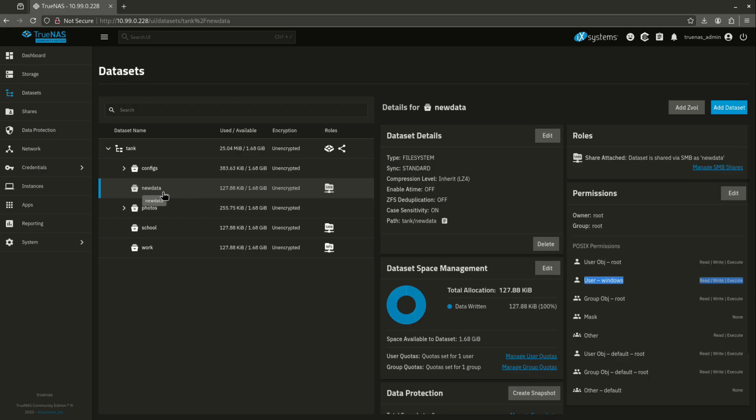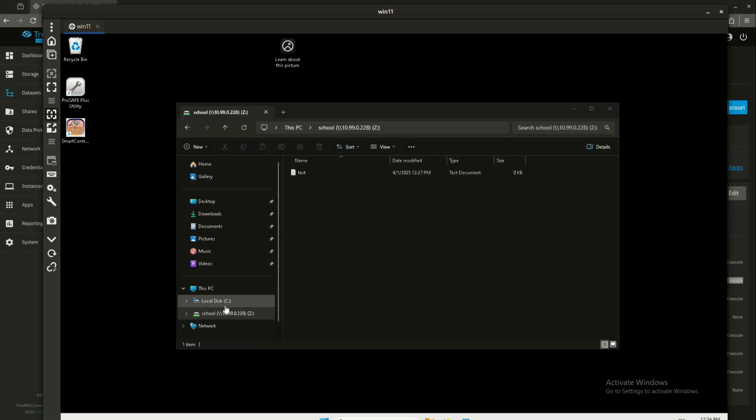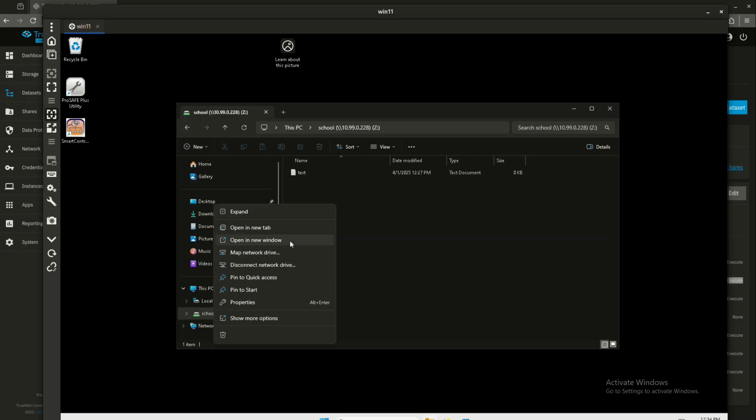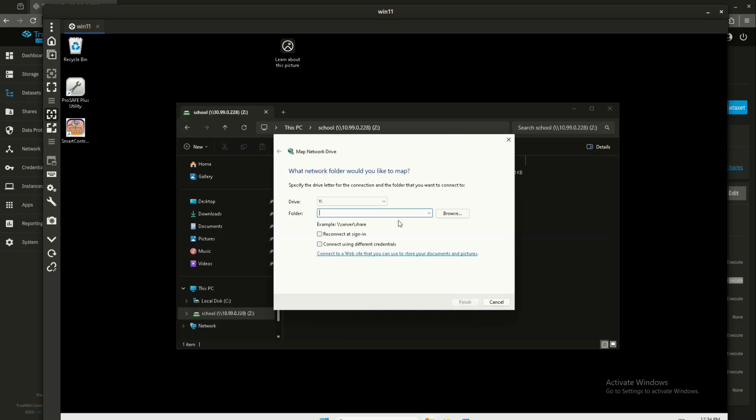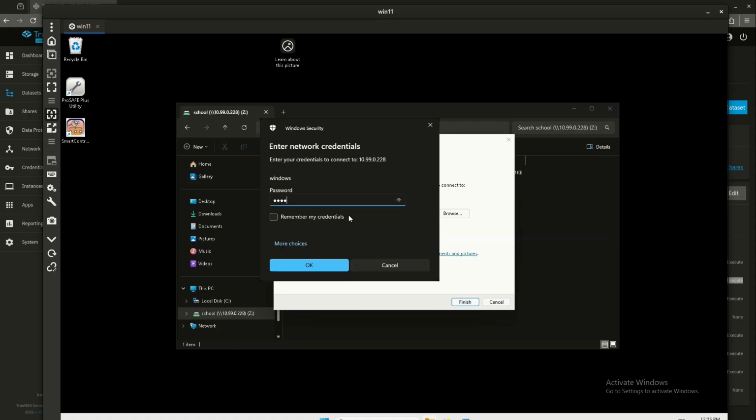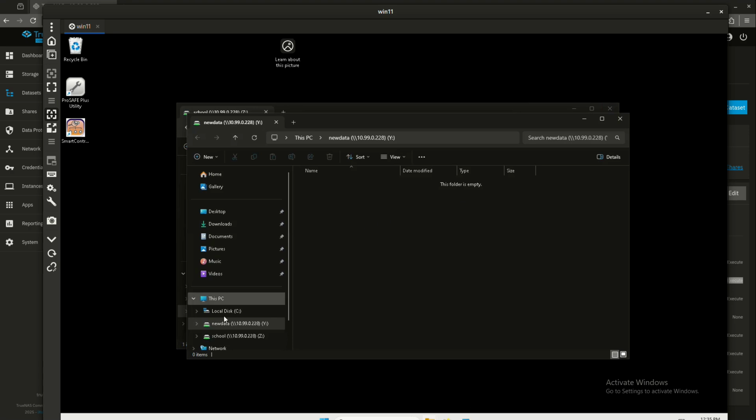So now let's come over here and launch new data into my Windows machine. I'm going to go ahead and map a new network drive. This is \\10.99.0.228, and it is called new data, just like that. I'm going to connect using different credentials, finish that, and I'm going to type in my Windows username and password, and there it is. I have now mounted both school and new data to my Windows machine, and new data